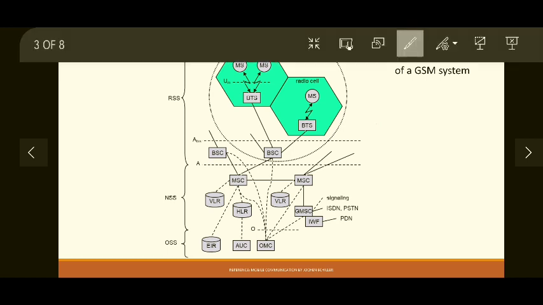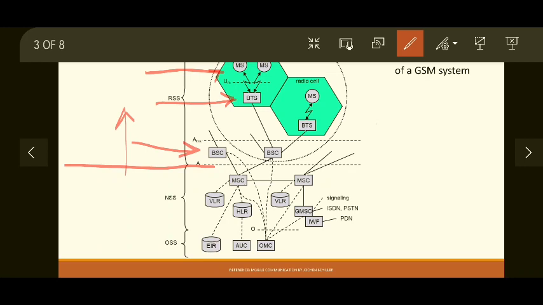Then if you see, the radio system is up to this point. This is the radio subsystem. The radio subsystem consists of three basic entities: mobile station, base transceiver station, and base station controller.